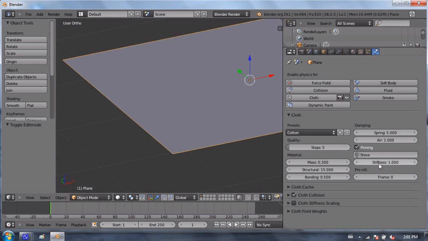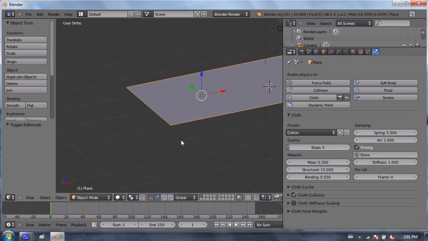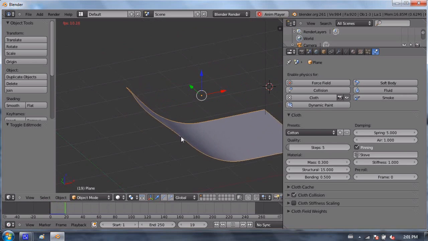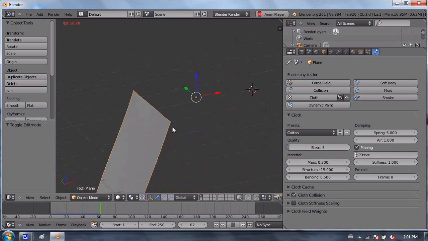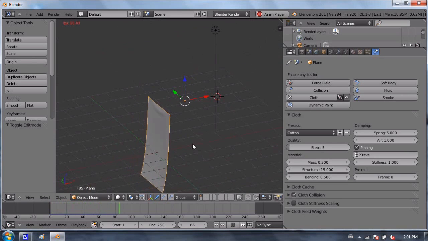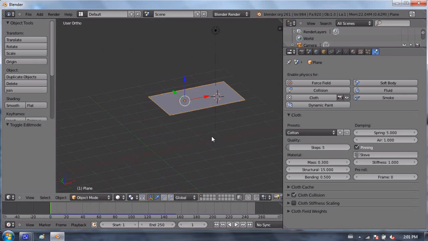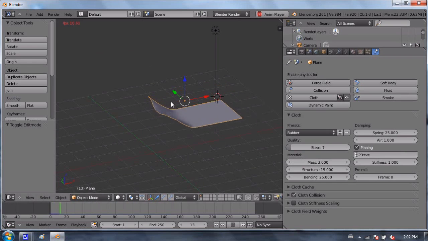So in other words, right now we have those 6 vertexes named Steve pinned completely to thin air, but they're still pinned there. So if I press Alt-A to simulate, you'll see that those vertexes stayed in the exact same spot, and the cloth still simulated, and it looks really good. You'll notice that the cloth drapes a little bit in the middle because we have a cloth preset of cotton. If I change that to, let's say, rubber, well, you know how that will act. Let's try it with rubber.